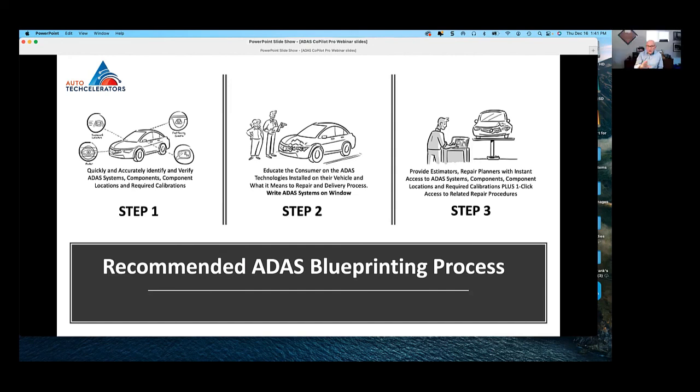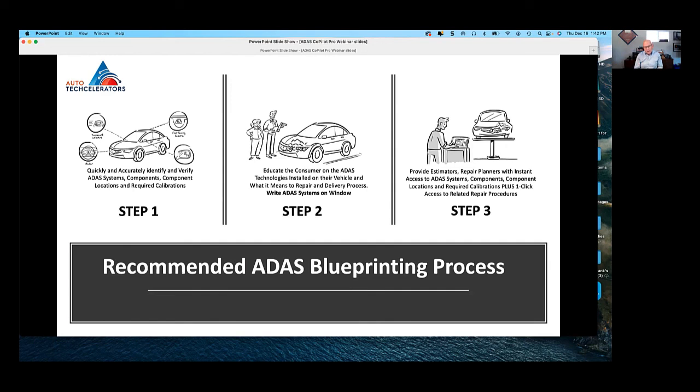And again, for those of you who are in the shop, you don't have to use our system to do what I'm showing you on the screen here. If you have a process in place already that you can identify the ADAS technologies or systems up front, and you're doing that today, write that stuff on the window. But my guess, and I can tell you from my personal experience, is that 99% of shops do not have a formal way to identify and document the ADAS systems on a car.